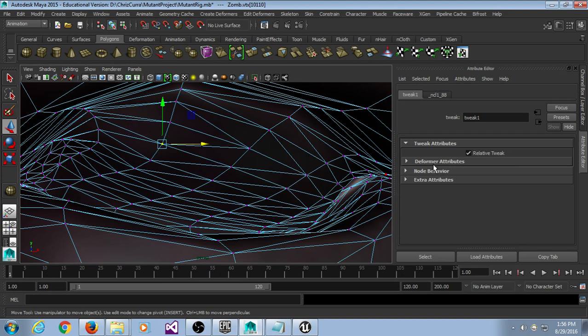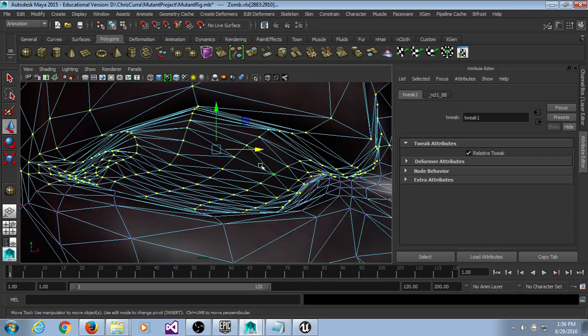And then if you hold shift and click the greater than symbol on your keyboard, so if you click that center vertex and hold shift and then click the greater than symbol 1, 2, 3,